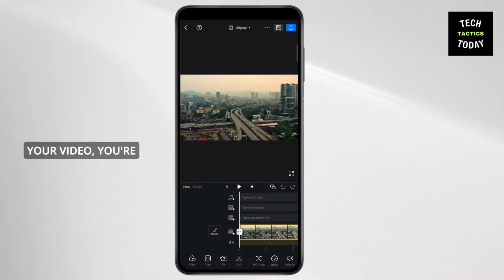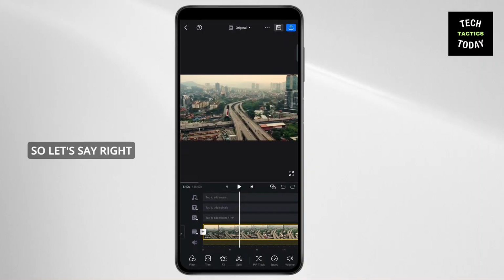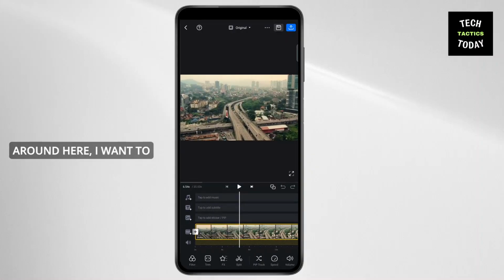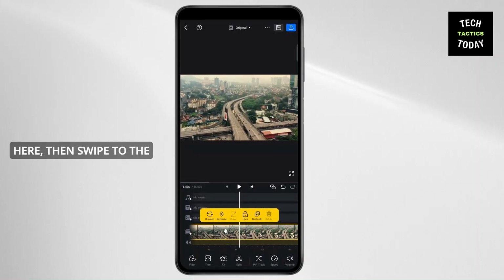Once you have selected your video, you're going to have to use something called keyframes. Now select a part of the video where you want to zoom into. So let's say right around here, I want to zoom into this spot. I'm going to tap on the video, add a keyframe here, then swipe to the right, and simply zoom into